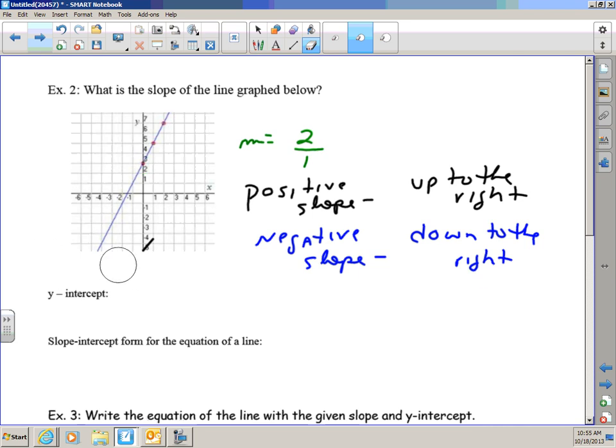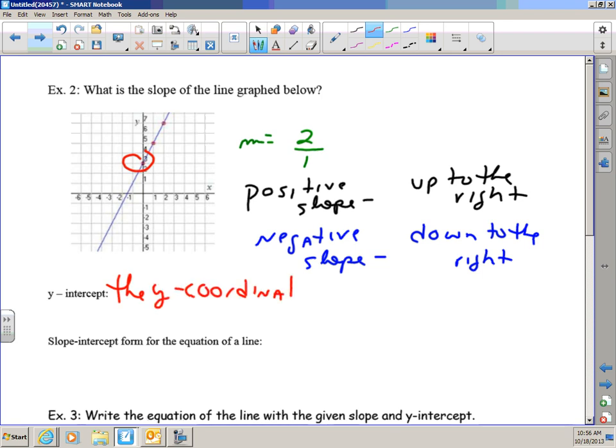So, slope is not a coordinate. All it tells us is how steep a line is. Next is this concept of y-intercept. And as we talked about in class, the y-intercept means where does a line intersect the y-axis? Well, in this example above, it intersects it at the point 3. So the definition of the y-intercept is the